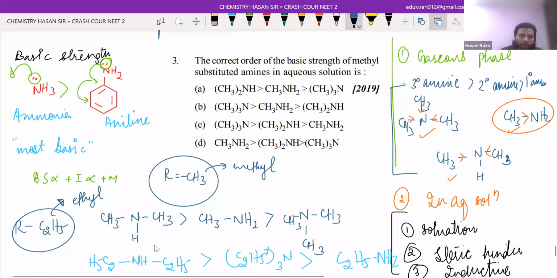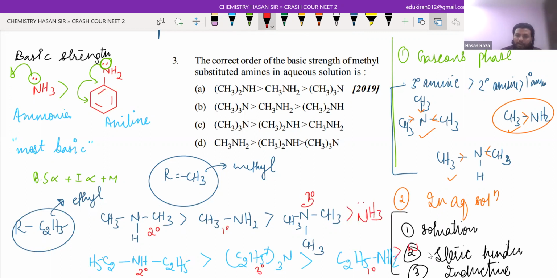So in ethyl group 2-degree, in methyl group 2-degree. But in methyl group second position 1-degree, and this is your 3-degree, and this is your 1-degree. Wait a minute. Okay. Now this is your 3-degree, and this is your 1-degree. And after this comes your ammonia. So this is very important, and now you can easily decide, since methyl is the alkyl group, so in methyl secondary is the most basic, and then primary, and then tertiary. So the answer